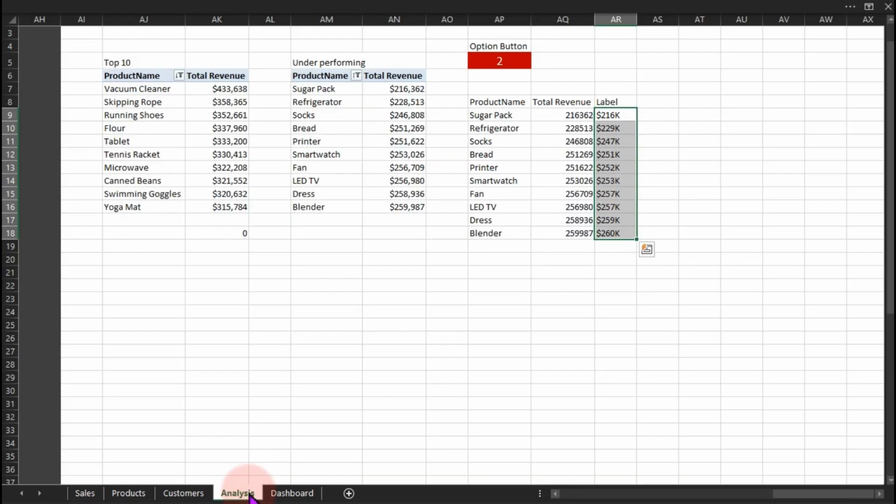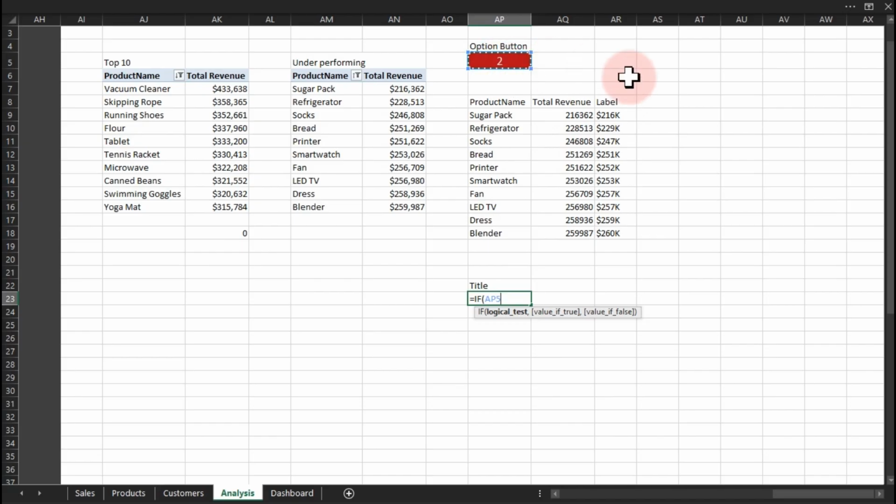We have to go back to here and make sure we set some kind of dynamic text for this using the if function. The if function will actually help us to get this done. So what do I mean by this? Which means it has to be based on what is selected. So if I come over to this particular place now, I can type in my title. So the title now should be equals if this one here, you don't need to lock it down, equals 1, then what we want to have here should be top